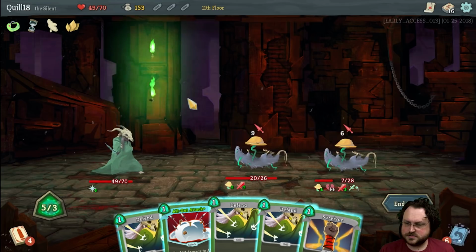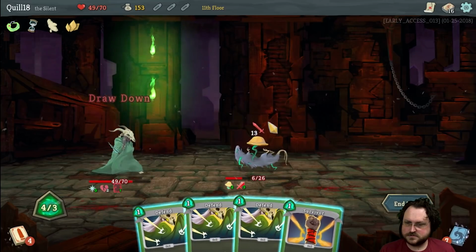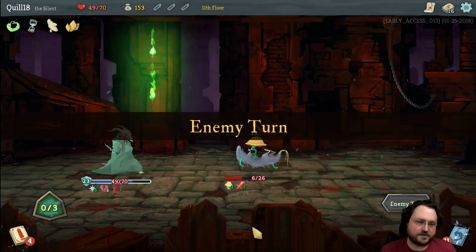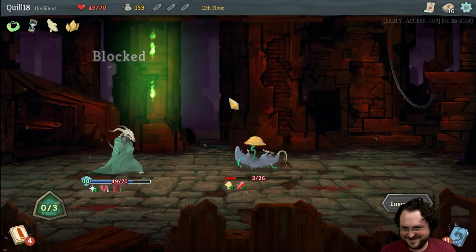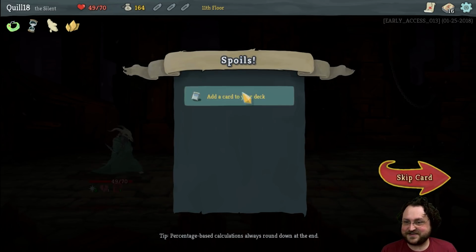So... well, we're clearly going to all-out attack. Overkill. I know some people only play the cards they need, but I'm always like, no, I'm going to play them all, just because. So he's going to die at the start of my turn. That is so cool. Between the Bronze Scales and the Mercury Hourglass, you can do like 6 passive damage per